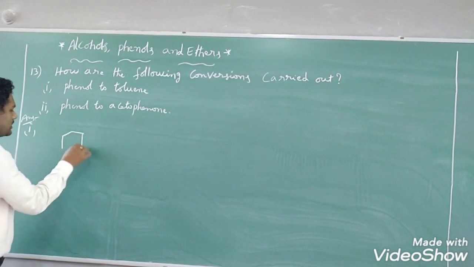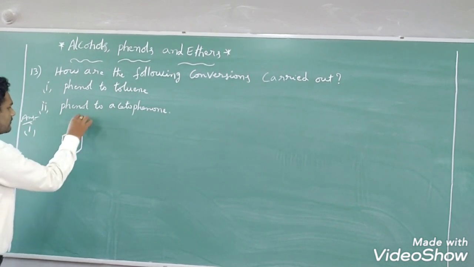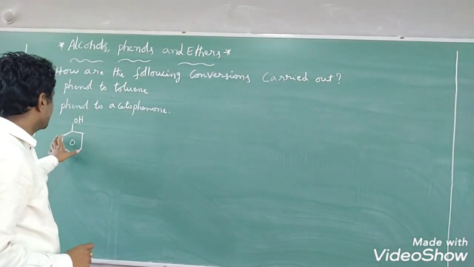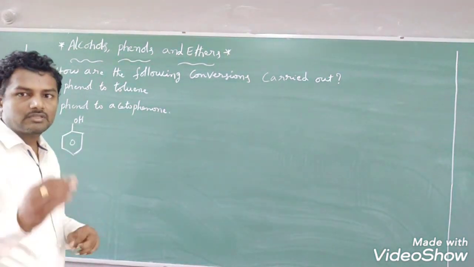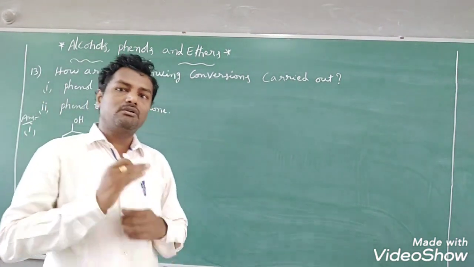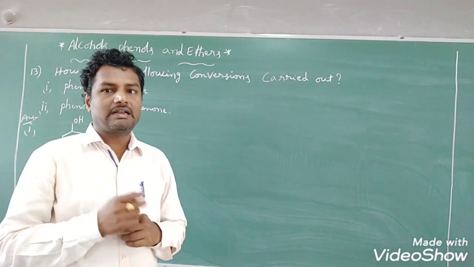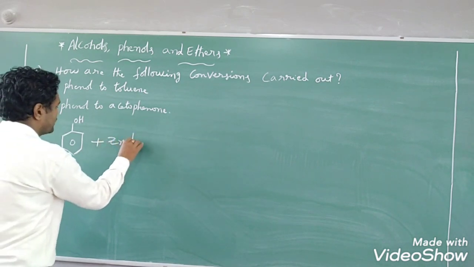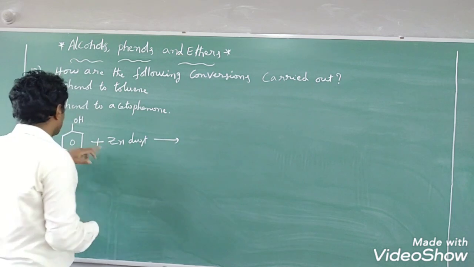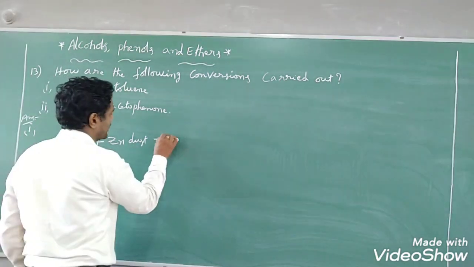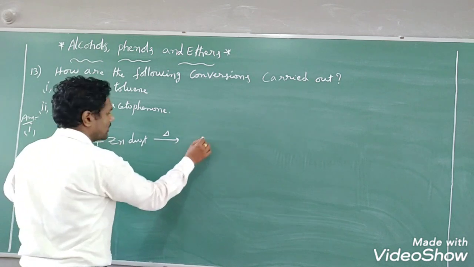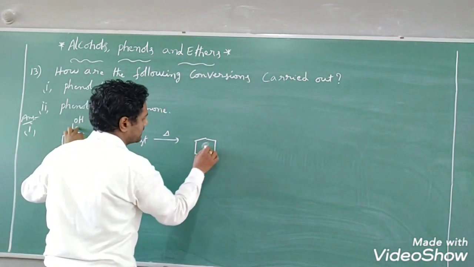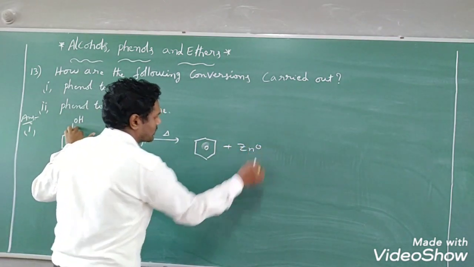Phenol means on benzene, OH group is present, then we can call that phenol group, right? This phenol, first we have to try to convert it into benzene. In the previous video we have seen how we convert phenol to benzene, by treating with zinc dust, right? Whenever you have used zinc dust, zinc oxide will come out on heating, and benzene will form. Benzene is obtained by this reaction, along with zinc oxide.